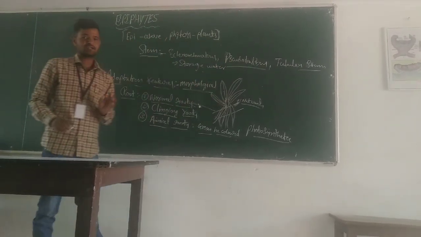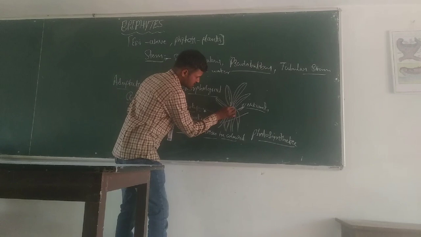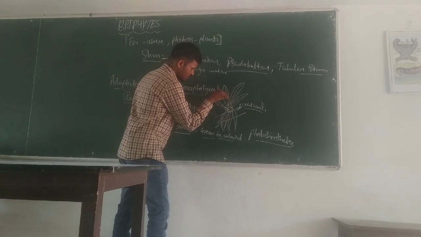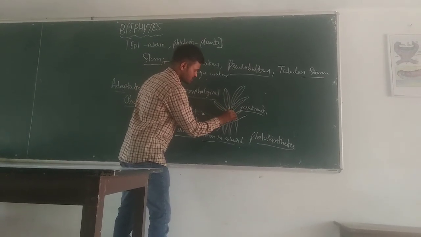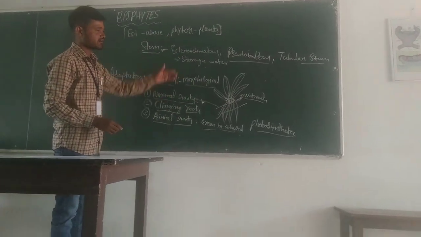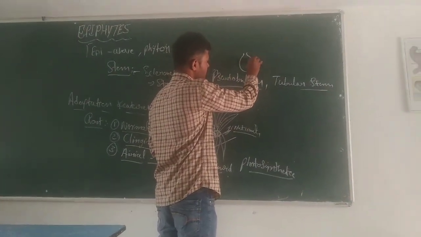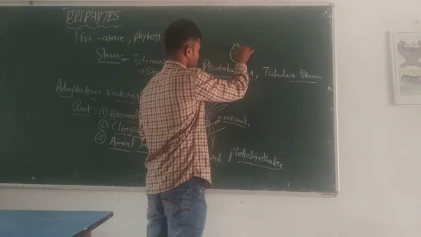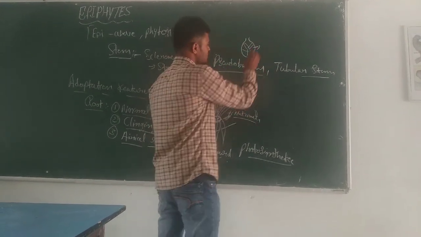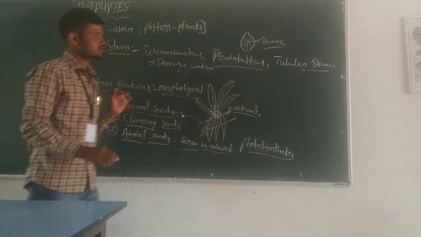The stem is green in color and smaller in size. The nodes and the adaxial surface of the leaves are present in the rachis. Another very important function: storage of water and food material. These tubular bulbs are present, and inner parenchyma tissues are present inside the pseudobulbs. These have a storage function, storing food material and water.